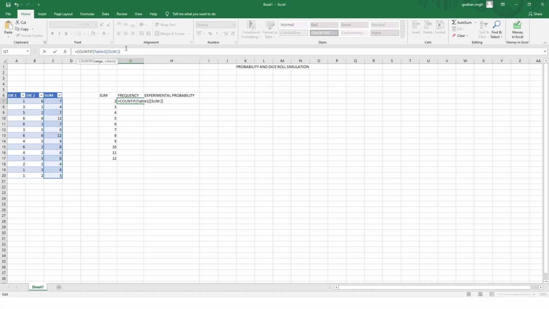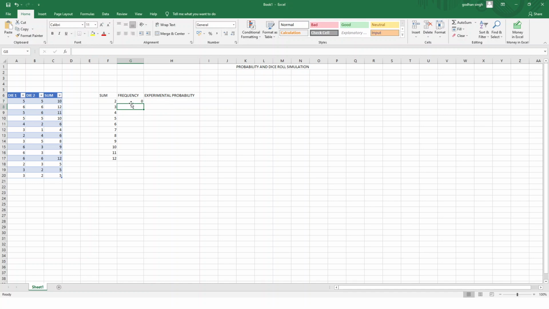Then very simple, put comma, and then what is our criteria? Criteria is, we want to find how many times the sum 2 is coming, so that is our criteria. So we'll put 2 in between quotation marks, 2, and then close the bracket and press enter.